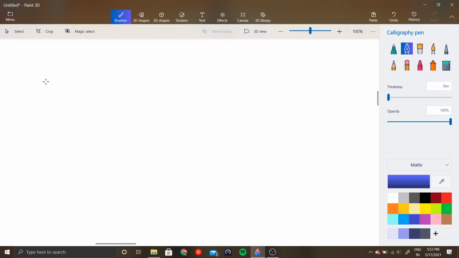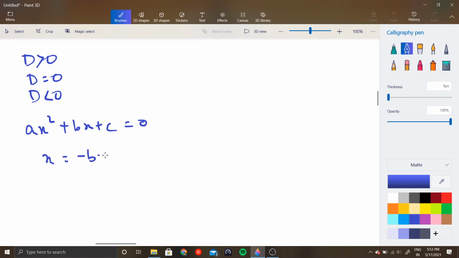In the last class we learnt about the nature of roots of a quadratic equation, the form of a quadratic equation, and how you can use Sridhar Acharya formula in order to find roots, and also we learnt about nature of roots using the discriminant, right? We learnt about the nature, the form, and the solution.